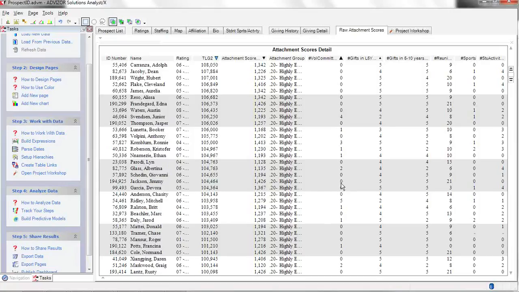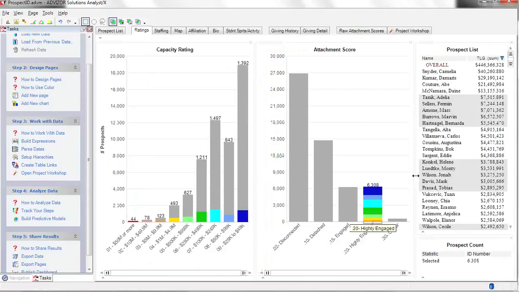If I want to cultivate him, I can actually see from the scores what I need to do. I mean, he can't give anymore. He's been giving every year for the last 2 years. He's been to like every reunion, 21 reunions. He didn't play sports or student activities, but it's a little late to deal with that. But what I can deal with is get him on a volunteer committee, because Jimmy has not been on one, and I know that that's influential, and that can move him up to an owner based on what he's done over here. So I guess the second thing in here is, don't just go with the high-level summary, because the